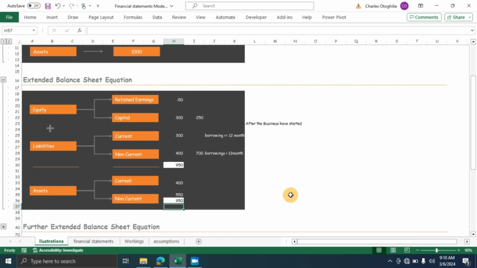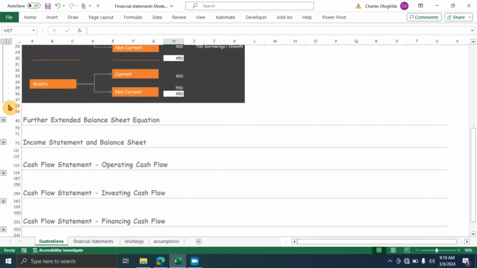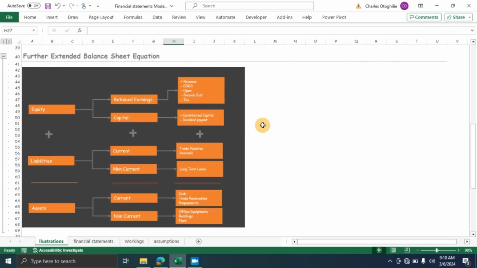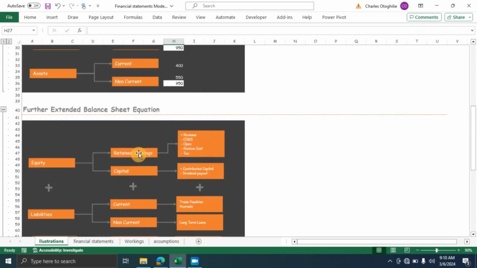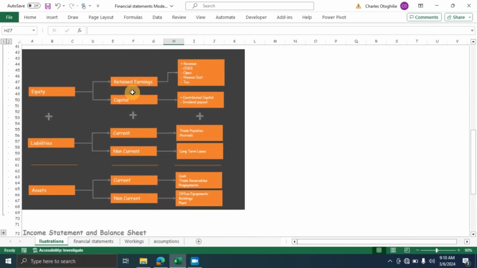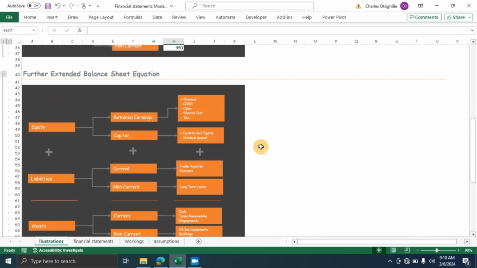So that's for that. But whatever it is, these two must match. Now, let's go further and extend it and try to see what exactly is happening within these items here. So now we're here, trying to show what makes up your retained earnings